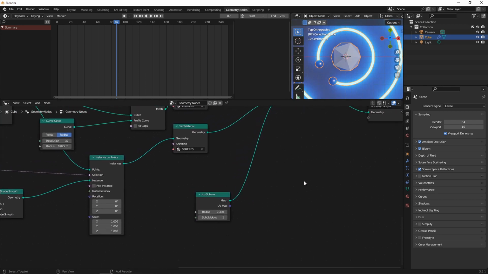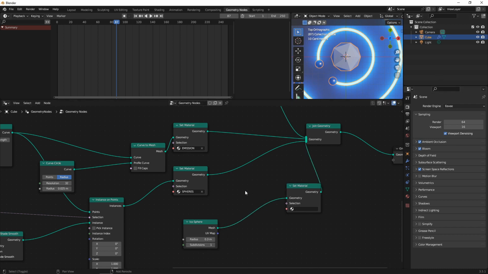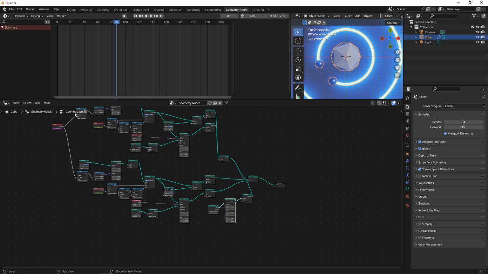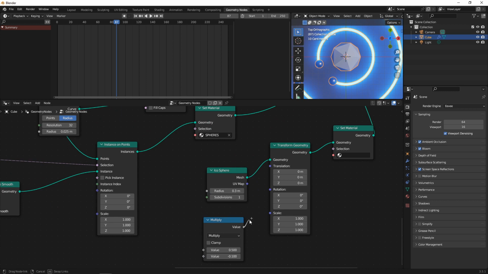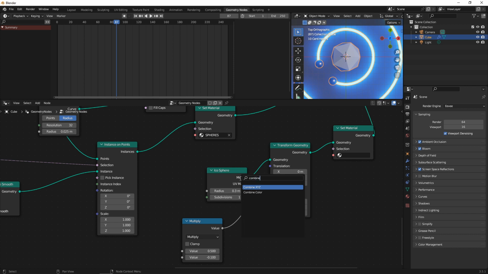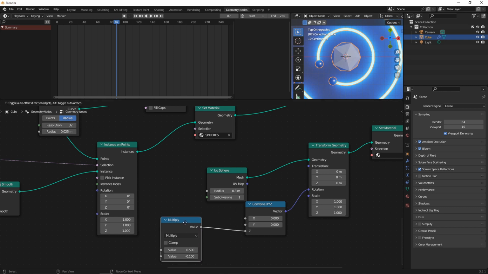And yeah, let's put a set material. Plug that into there. In fact, let's do a couple of things to this. So we've got a minute or two. Transform. Bring you down to here. We want to go combine X, Y, Z. Plug it into there, that into there, get rid of that, and